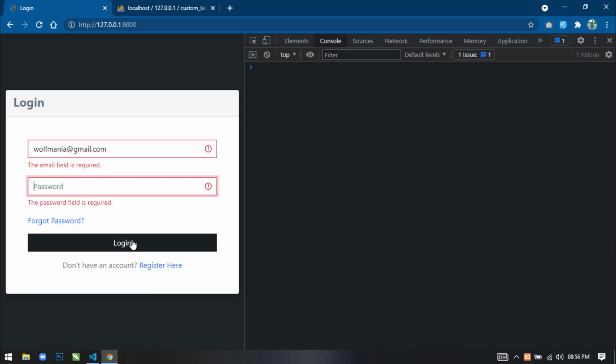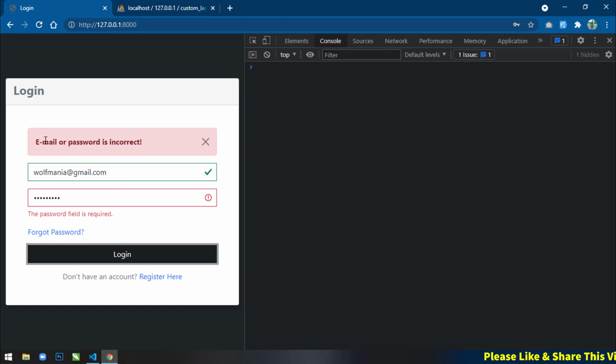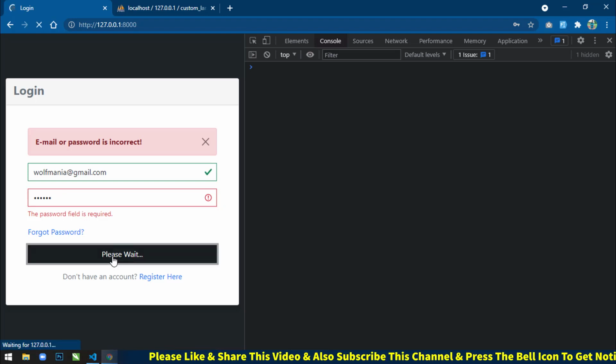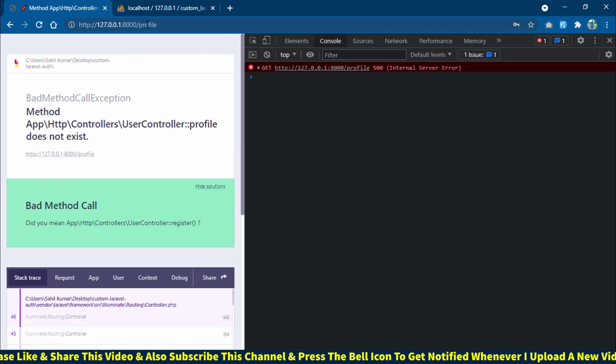If I click on login, you can see the password field is still validating, but the email is not. So here we have to provide the password. If I write any incorrect password and click on login, you can see email or password is incorrect. And if I enter the correct password and click on login, you can see we are on the profile page,